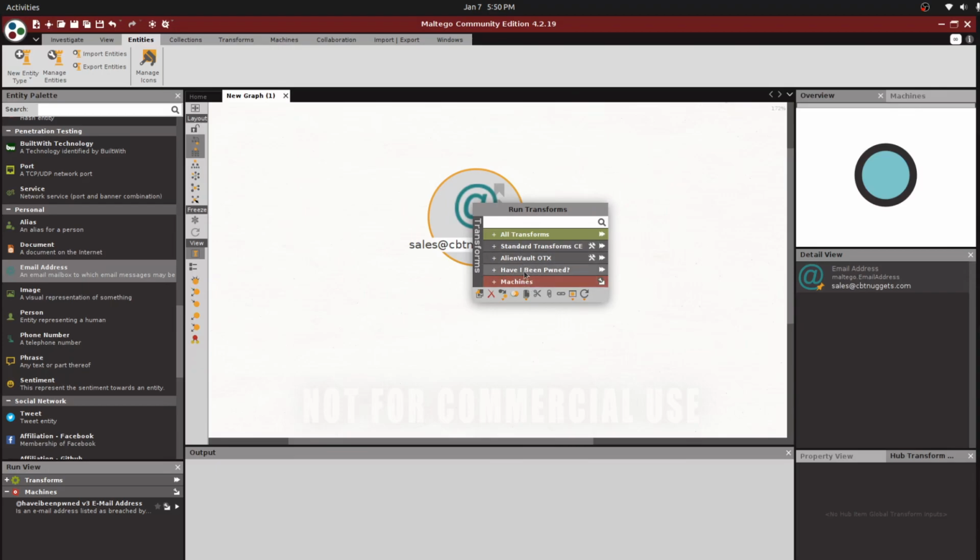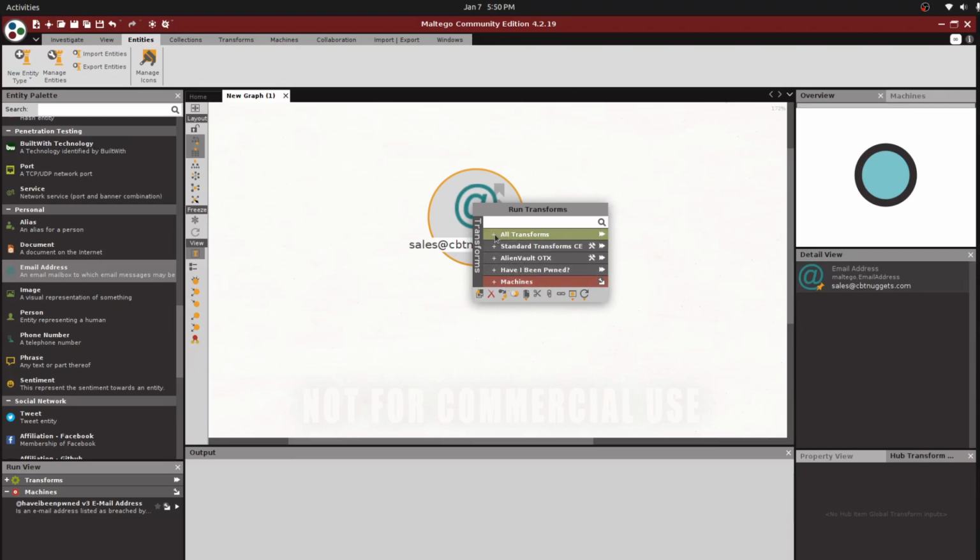So you can see Have I Been Pwned is one of the transform hubs that we have seen, and AlienVault is also one of the transform hubs we have seen, and Standard Transform Hub, which is the first transform hub we already witnessed, and at the bottom, Machines.